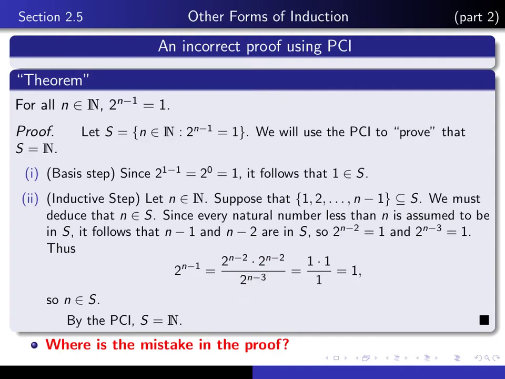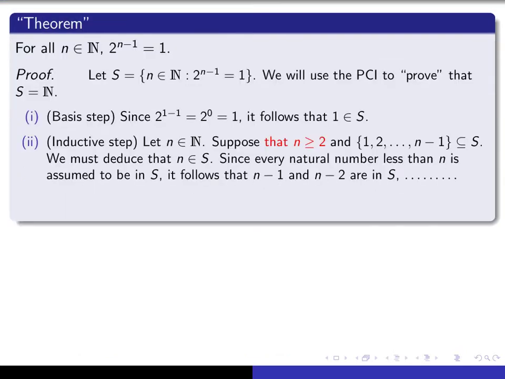So can you figure out where the mistake is in the proof? Well, here's the beginning of the proof. The first part of it is fine. This is correct. We let S be this, and the basis step is certainly correct. There's nothing wrong with that. But one thing that I would add to the proof is something that I wrote in red. We start by saying let n be a natural number, and what I want you to do is write